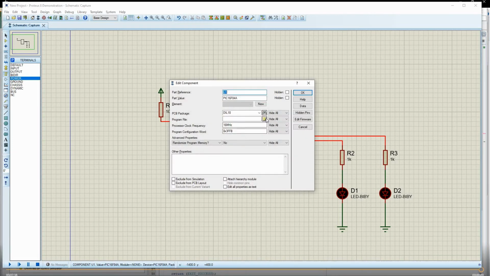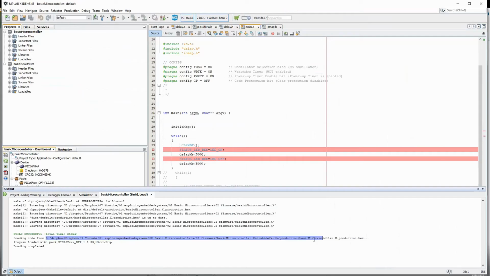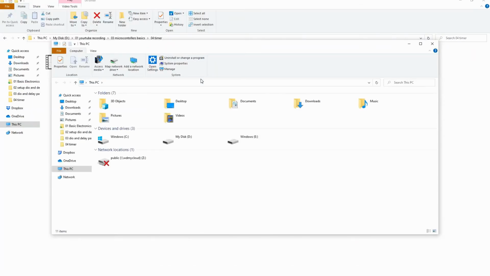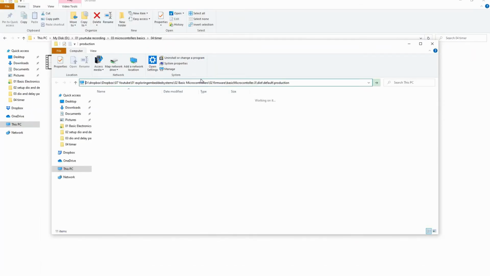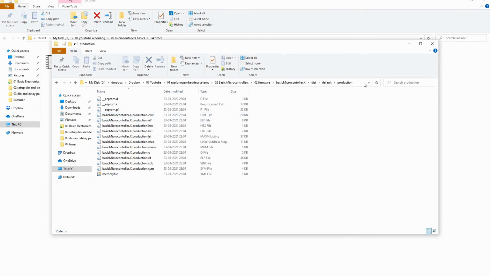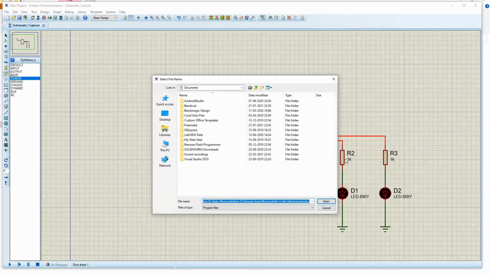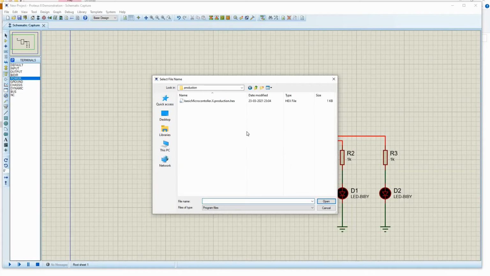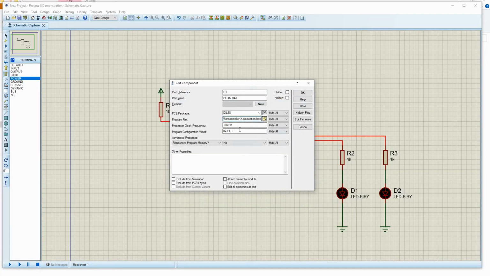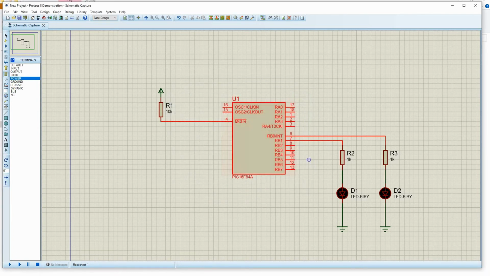So let me select this code. This is the path for the hex file. MHz. Okay, let me start the simulation now.